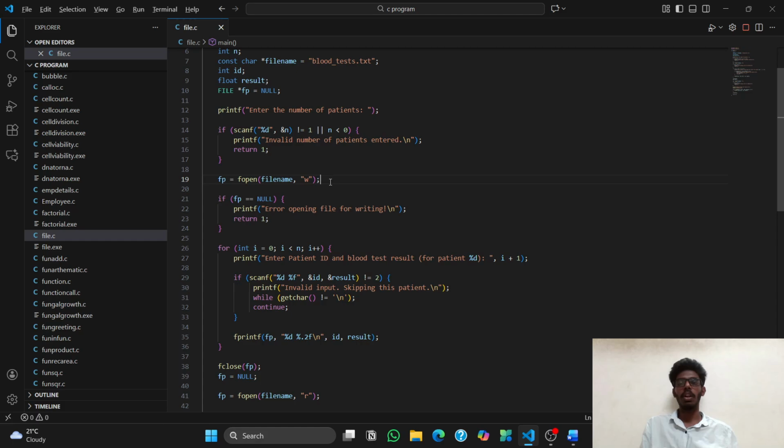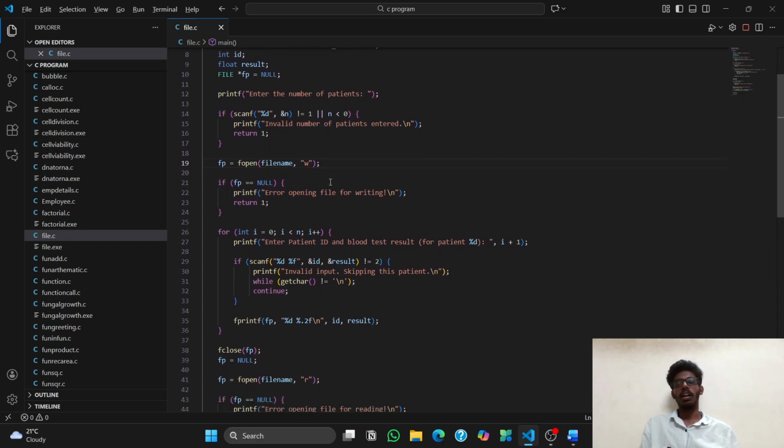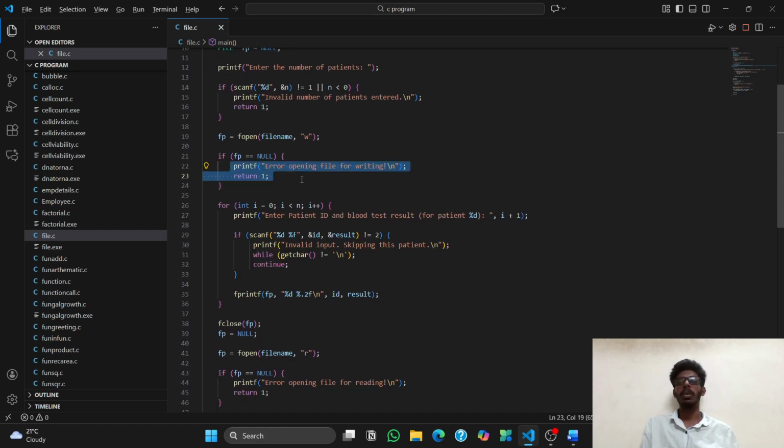Here we are going to write the data which is going to be provided by the user, and then we are going to verify whether the file is opened or not in the buffer. If fp equal to NULL. If the file is open in the buffer, then we can use the file to enter the value provided by the user. If not, the if block will be executed and "error opening file for writing" will be printed, and then the return 1 statement will be encountered, so that the program will flow